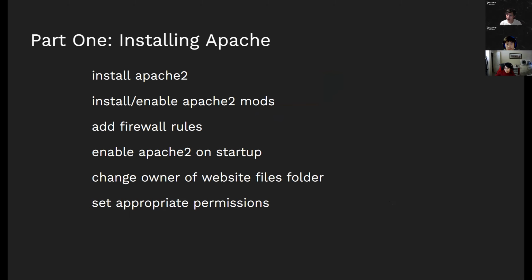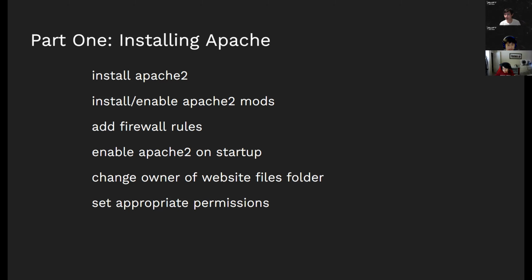Next, you'll want to install and enable some Apache 2 mods. If you don't know which mods would be good to install, I can provide you with those. You would want to add some firewall rules after that to make sure that only the appropriate ports are allowed through your server. You want to make sure that Apache 2 is enabled on startup, and then you'll want to